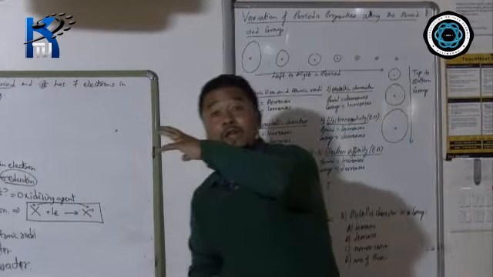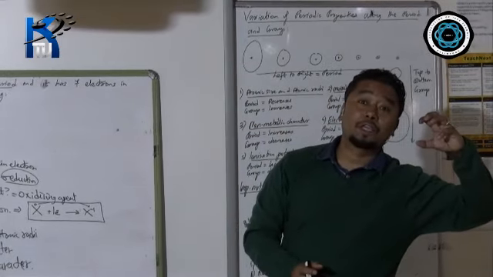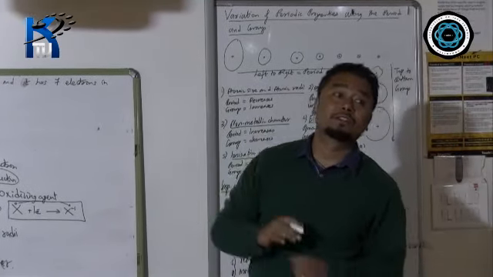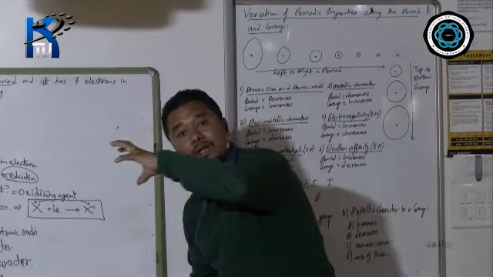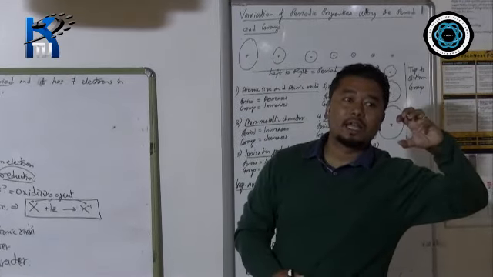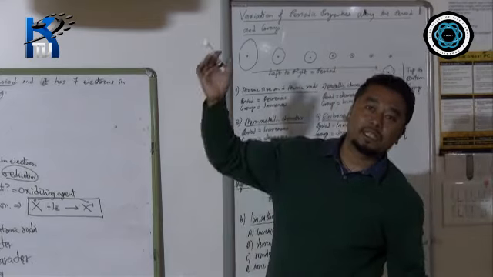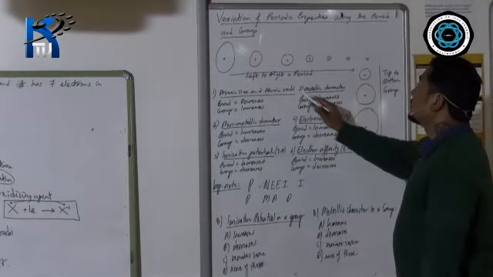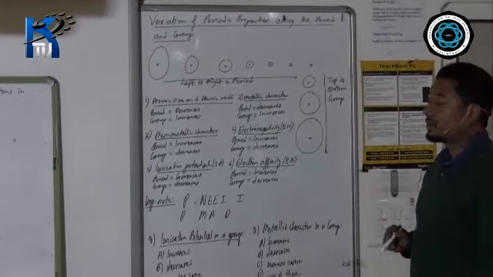Okay, so left to right the size will what? Decrease. And top to bottom the size will increase. Just remember, left to right, the size will what? Decrease, and top to bottom, the size will what? Increase. So remember that way. So it is easy to remember this diagram now, picture for you.